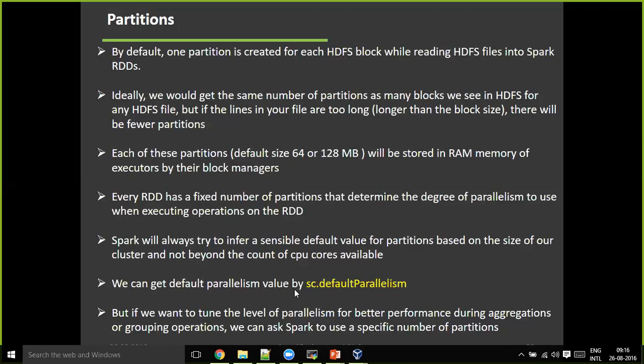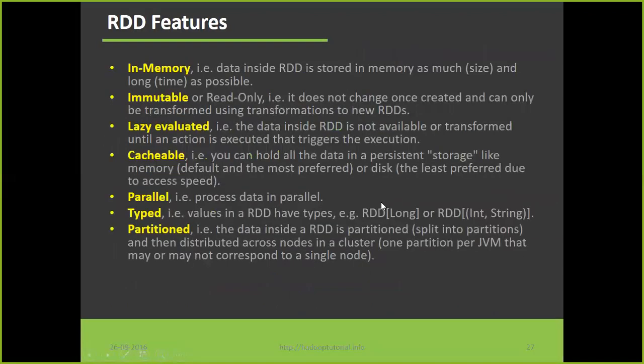Okay, so you can check in your Spark shells with sc.defaultParallelism how many parallel tasks you can run at the same time. If you want to tune the parallelism, we can do that; we'll discuss that later. But for today, what I thought I should explain to you is mainly the RDD features. We are not yet into the actual programming.